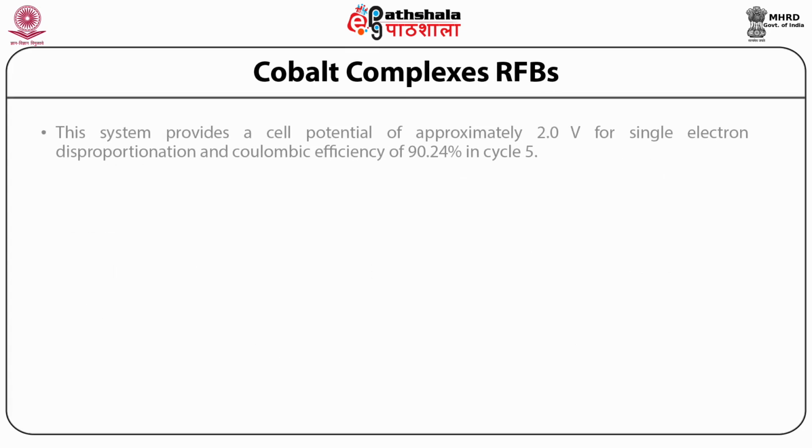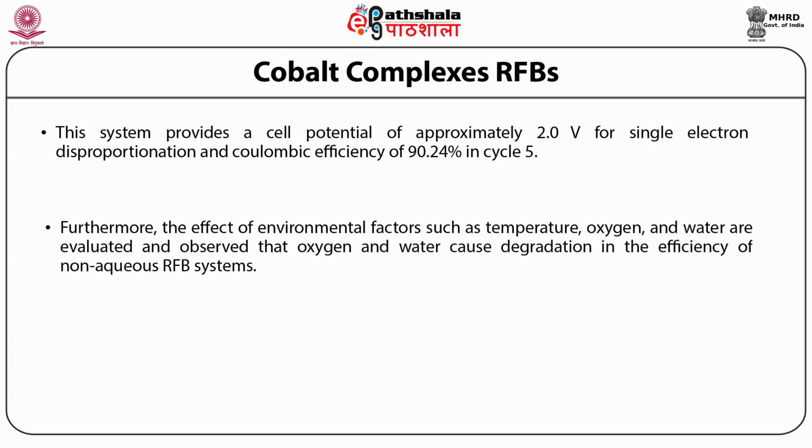This system provides a cell potential of approximately 2 volts for single metal disproportionation and Coulombic efficiency of 90.24% in cycle 5. Furthermore, the effects of environmental factors such as temperature, oxygen, and water were evaluated and observed